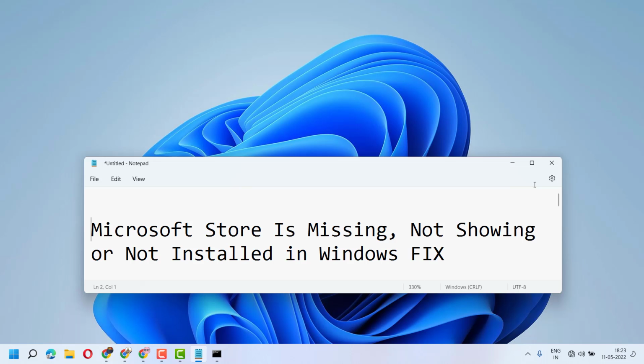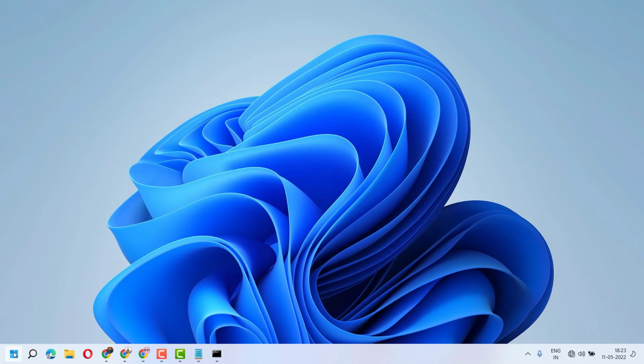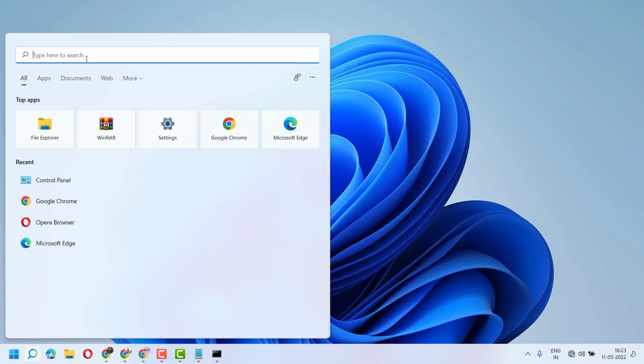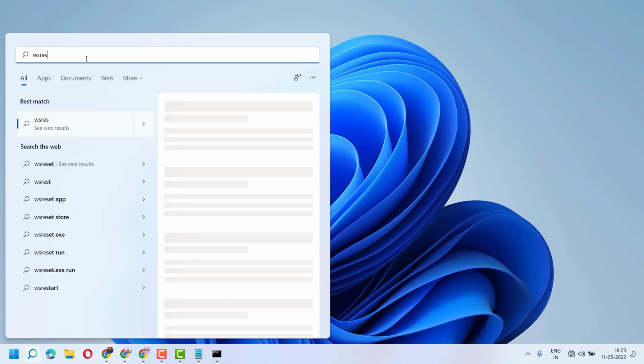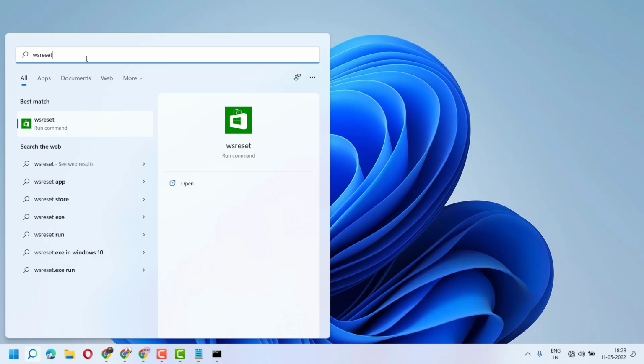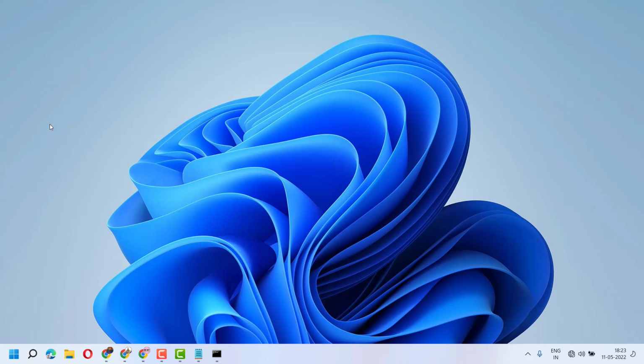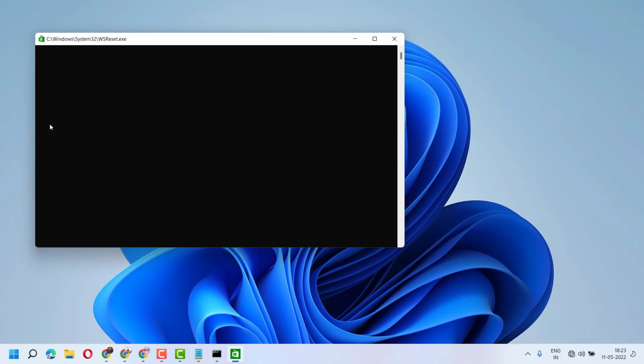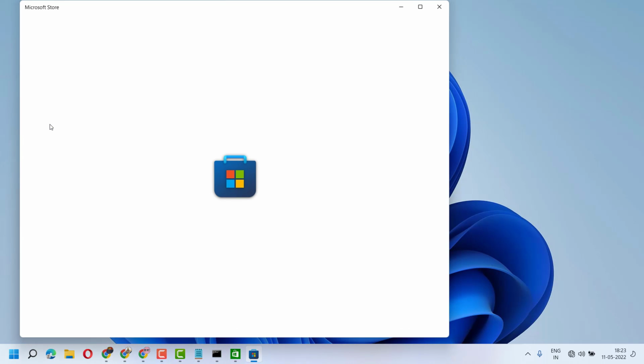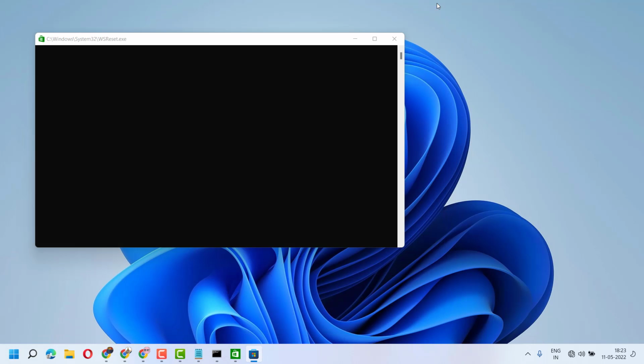So to resolve this issue, click on Start, type here WSReset. So type this command line and open WSReset. And it will fix and resolve some common problems. Still, if you are facing problems, you can try the second method. Close it